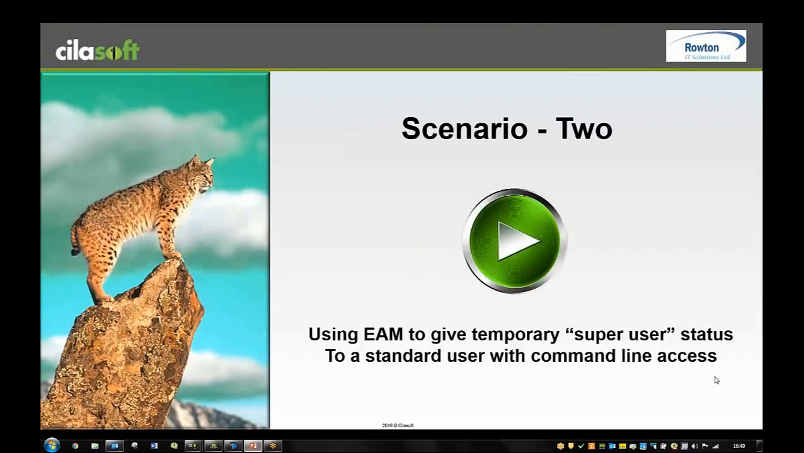Okay, so in scenario 2, we're going to take another typical environment that people come across all the time. In this scenario, we have a user who has access to the command line, but doesn't have access to everything. He can run commands, but he doesn't have access to specific tables or commands. And what we want to do here is temporarily get him the authority he needs to do his job,